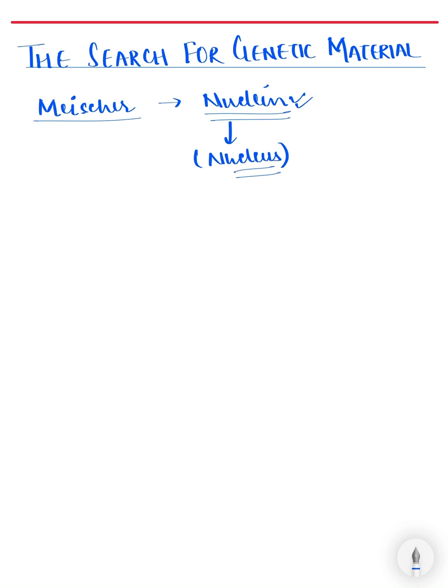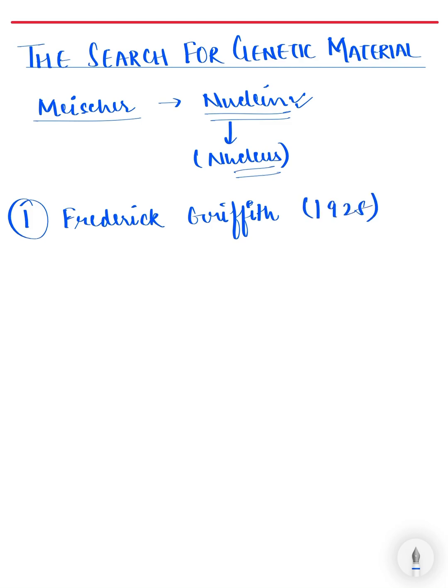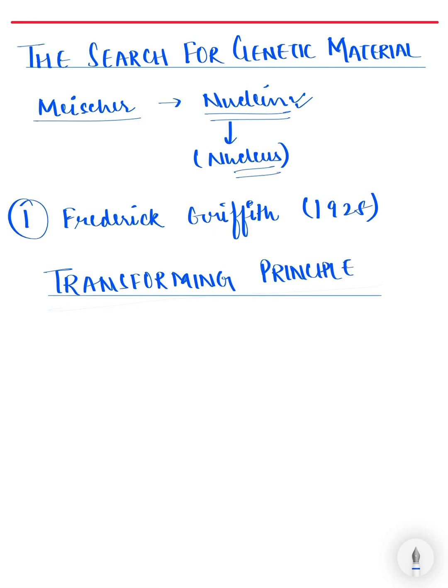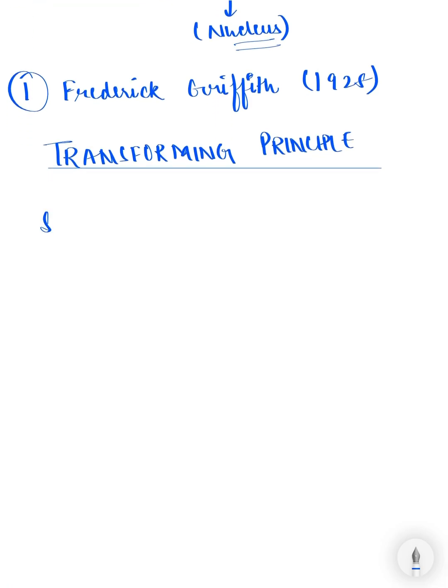of genetic material. The very first experiment was conducted by a scientist known as Frederick Griffith. He conducted a set of experiments in 1928. He called these experiments the transforming principle. What he did, he took a bacteria, Streptococcus pneumoniae,